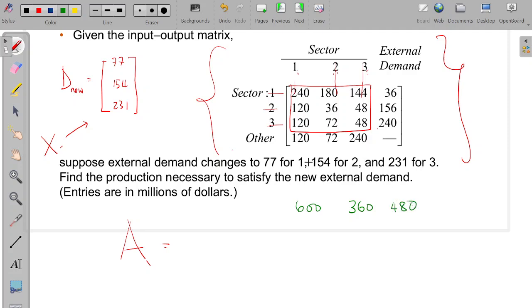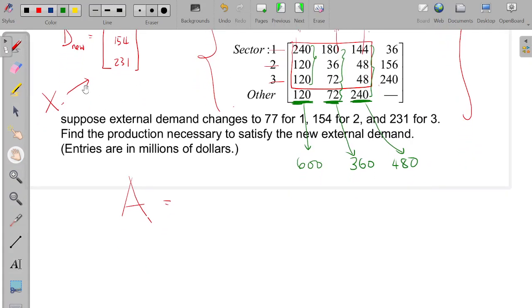Okay, we have to sum the column first. Please take note of that. You need to sum the column first. And in summing the column, you must include this other one too. Not just the 3. We are dealing with these 3, but in summing the column, you must sum up everything in that column. Okay, so our matrix A will now become,